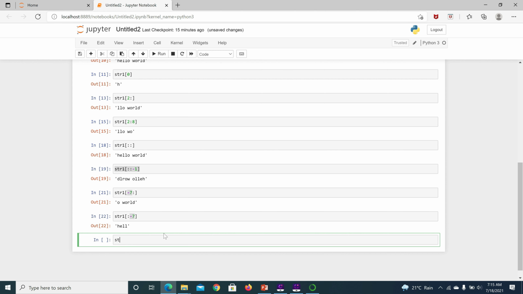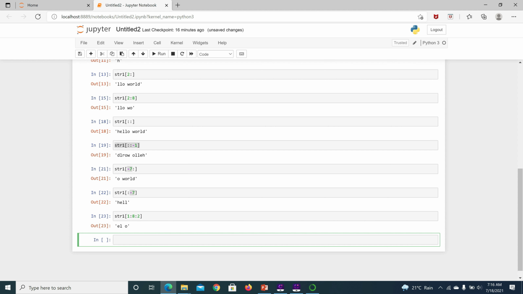Let me show you. I wanted to print the whole or from 1 to 8. Step count is 2. Let me run this. So it will print ELO. Step count what we have given is 2. So that is why it is print with a step count of 2. It grabbed letters E, L, O, and we have mentioned the ranges up to 8.